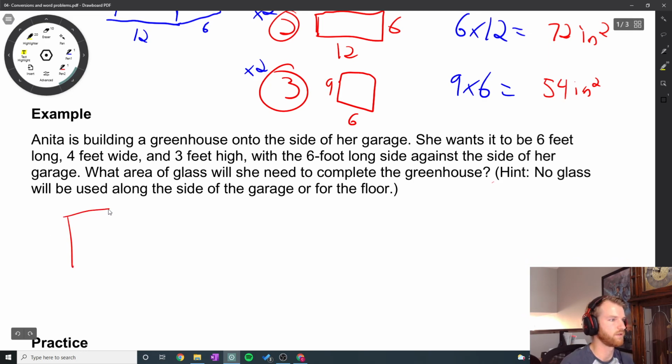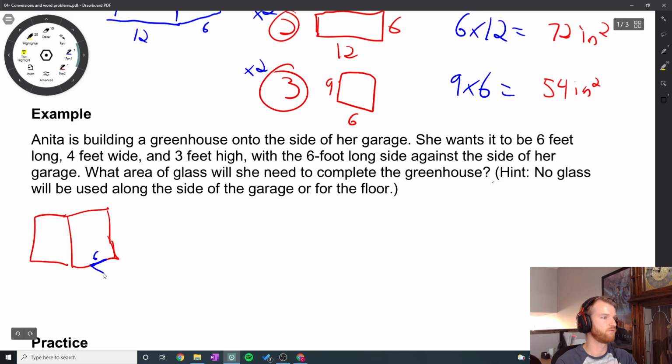I'm just going to draw, let's say this is her garage. Yeah, it's the side of her garage. She's building a greenhouse, and she said that the 6-foot long side is what's against her house. This side is 6 feet. Okay, and it's 4 feet wide, so that is going to come out then from the